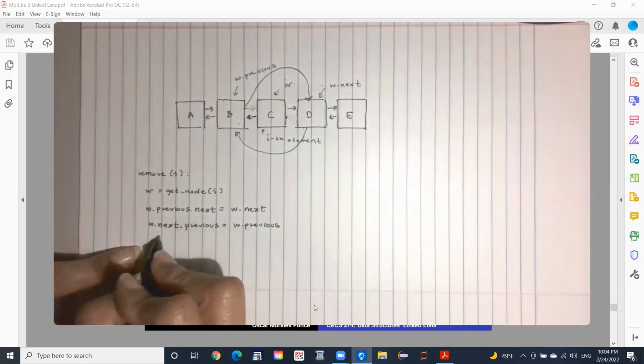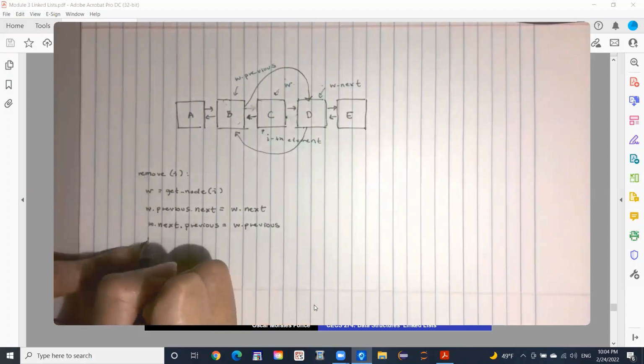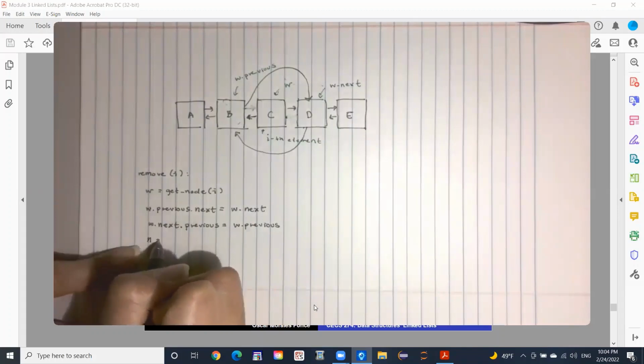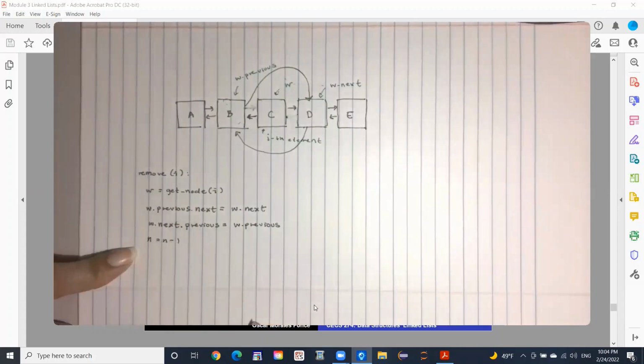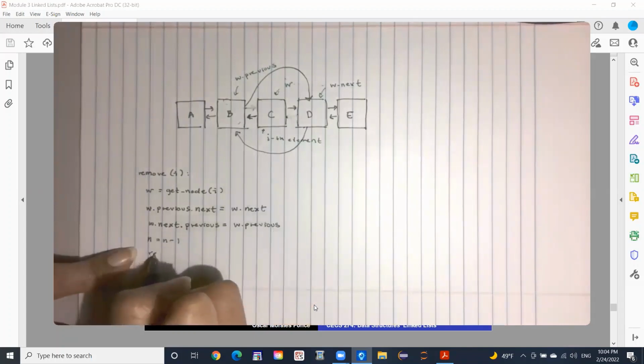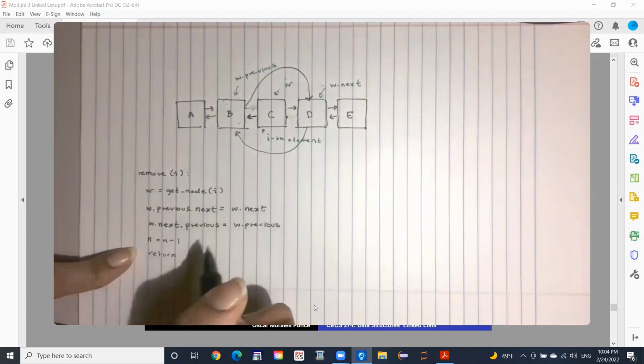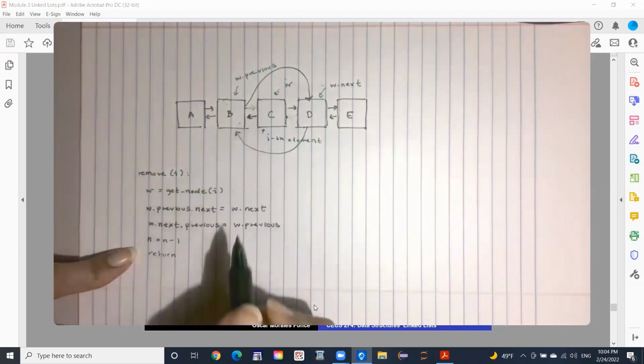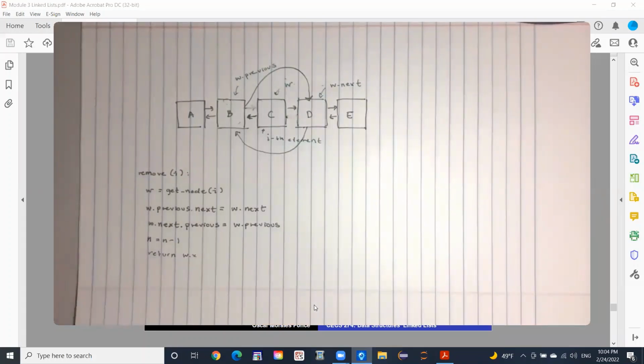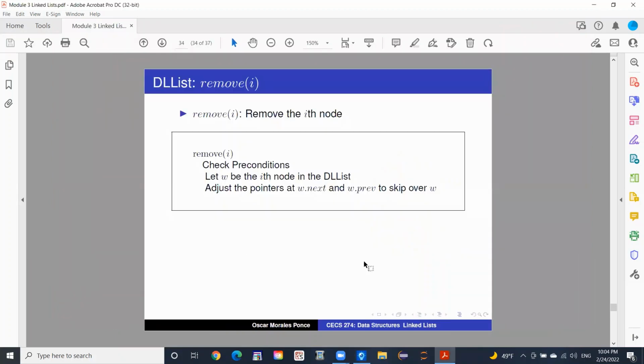And then from that, we would just reduce the number of elements by 1. So we'll do n is equal to n minus 1. And since we want to be able to return the node, we would eventually just return the contents of that node, so w.x,